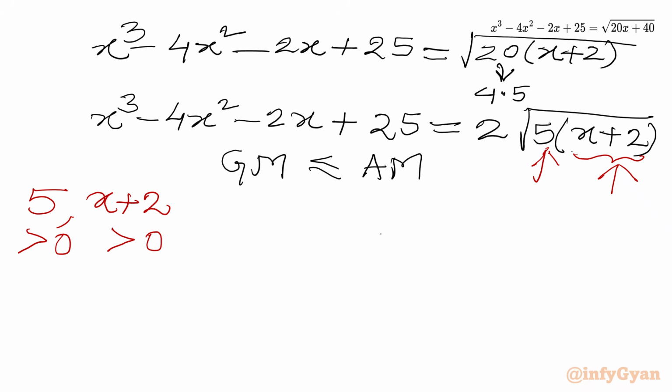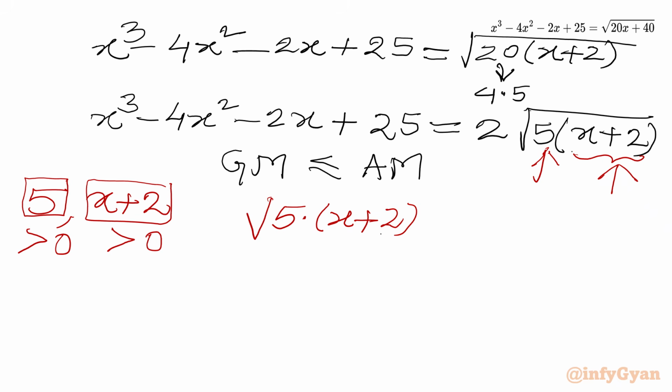Now we will find the GM of these two numbers. So I have to write square root of 5 times x plus 2. This should be less than or equal to its AM, 5 plus x plus 2 over 2,